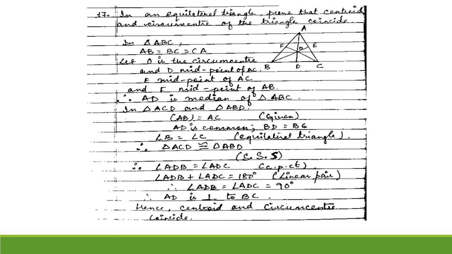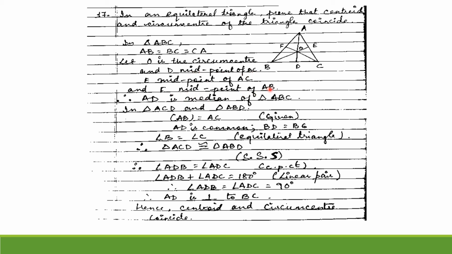Let us look into the next question, that is we have an equilateral triangle for which we need to prove that the centroid and circumcenter of the triangle coincide. So this is the circumcenter and this is also the centroid because this is the point where all the three lines meet. So we refer to it as the centroid or the circumcenter, which can be used to draw a circumcircle here. And since it is an equilateral triangle, we have AB equal to BC equal to AC, and E is the midpoint of AC, D is the midpoint of BC, and F is the midpoint of